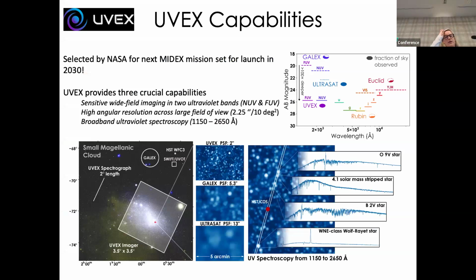And I just want to highlight here, I'm on the science team of UVEX, so I have to advertise the exciting capabilities, especially for time domain science, which I'm focused on, both the wide field UV imaging, which is going to be 100 times the depth of GALEX in 2 bands, but with an improved spatial resolution of 2 arcsecond PSF, as well as this long slit far UV and near UV spectroscopic capability that we will be able to respond to transient events on the timescale of hours.